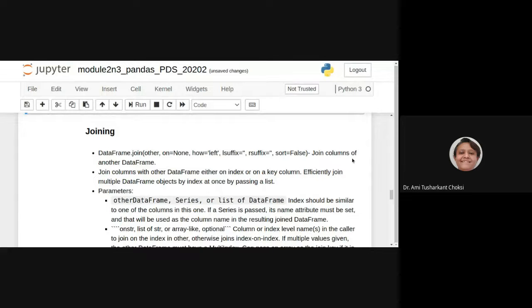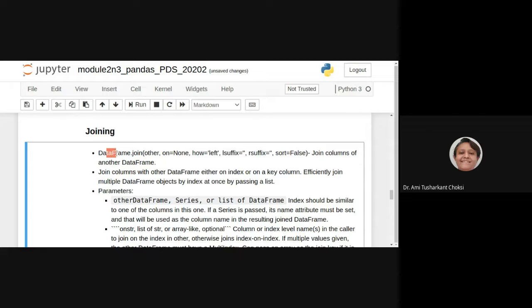Join columns of another data frame. Now here we are not giving it like merge with df1, df2, but we are using it as df1.join, right? So other we have to specify because df1 is already provided here. If I do df1.join, then here we need to provide it as df2. Okay,